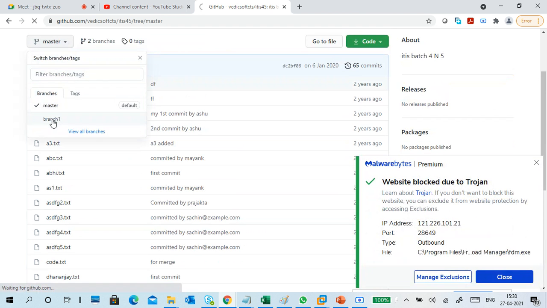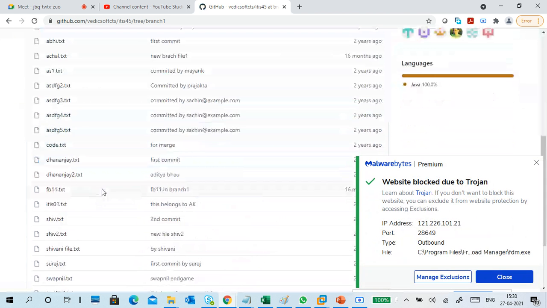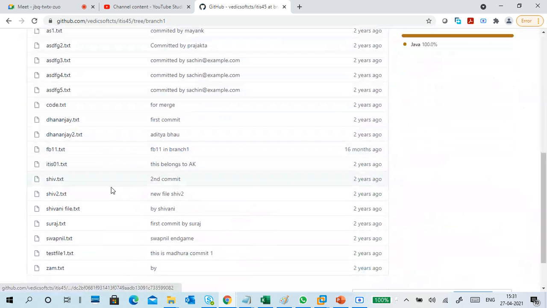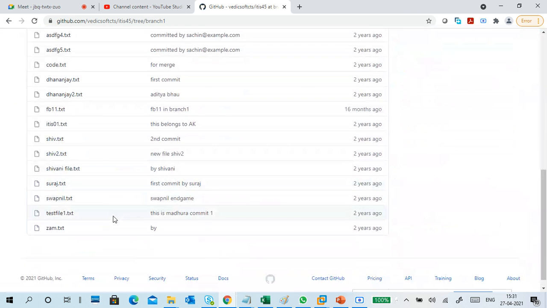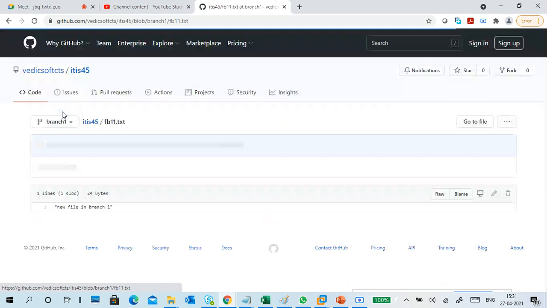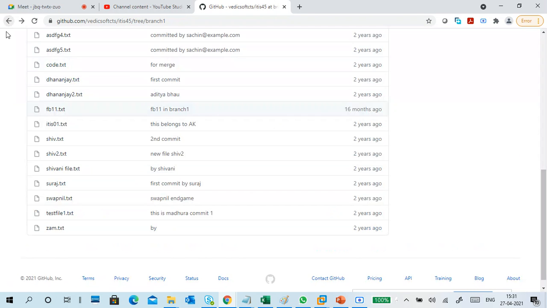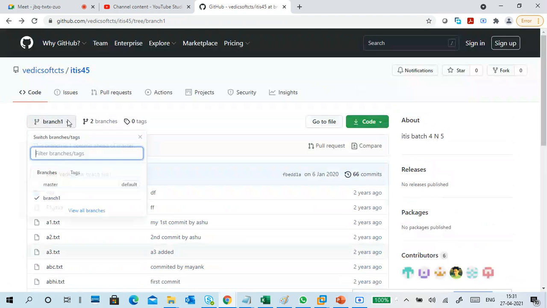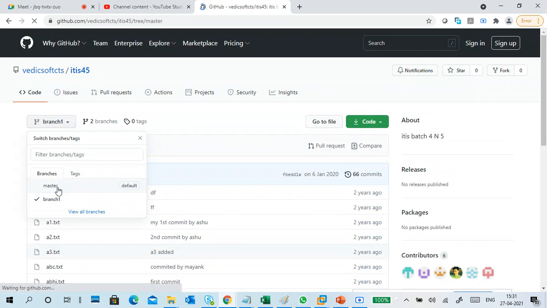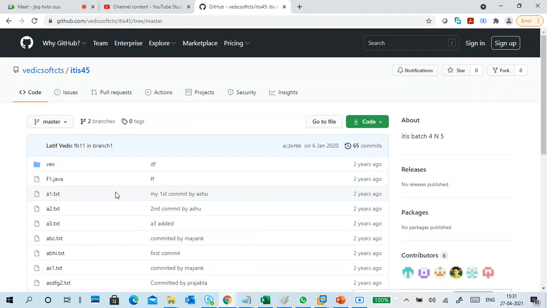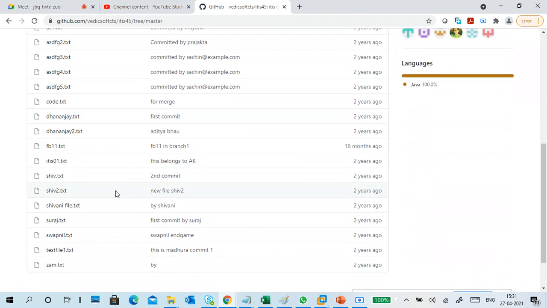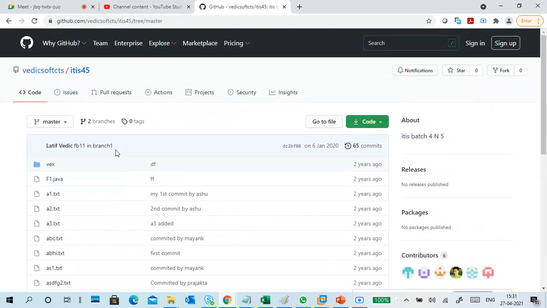So I'm going to the branch. It is there here also. Maybe one file or some file is a difference. So this is actually source code management only. I didn't find anything different, so you have to check it carefully because a lot of files are created.